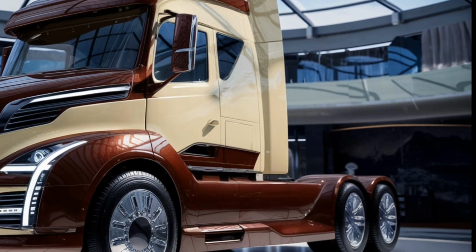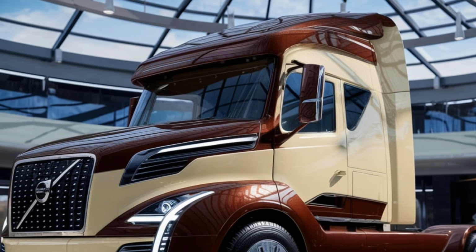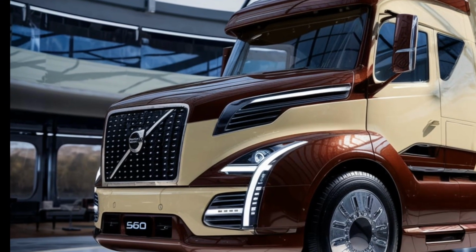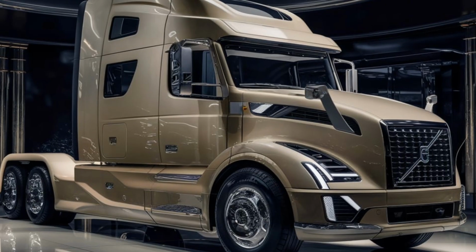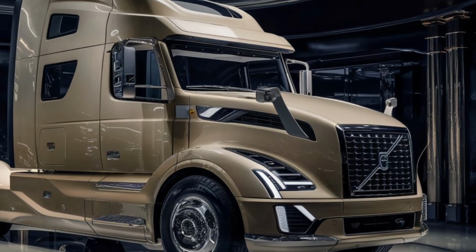At first glance, it's immediately clear that this is not your average workhorse. The sleek, sculpted lines, signature Thor's hammer LED headlights, and the iconic Volvo grille make it stand out on the road. It looks like a luxury car up front, but the extended rear bed and elevated stance confirm that it's